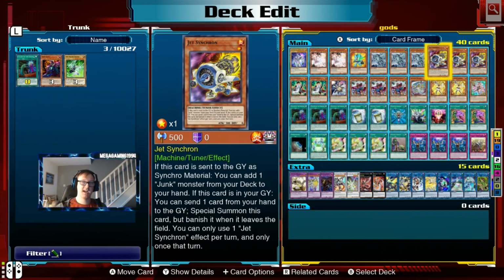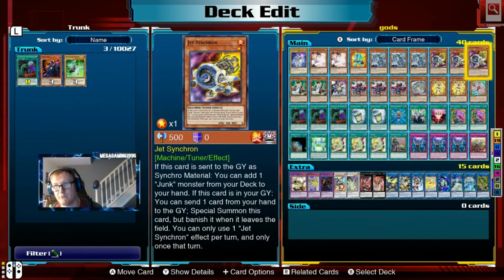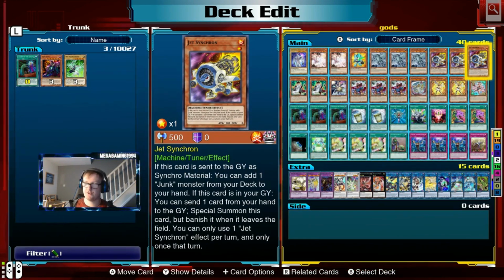just from Jet Synchron. Absolutely incredible. We have cards to search him, and he's just very, very good as well. And also, because he's an effect monster, it's an easier way. Like if he's in the graveyard and you just want to get out an effect monster to go into